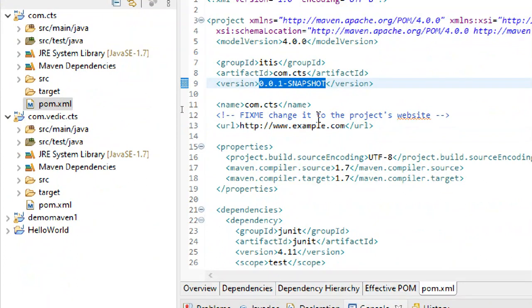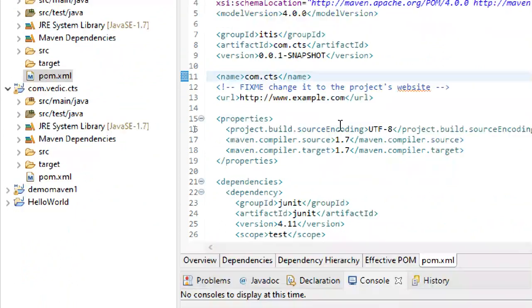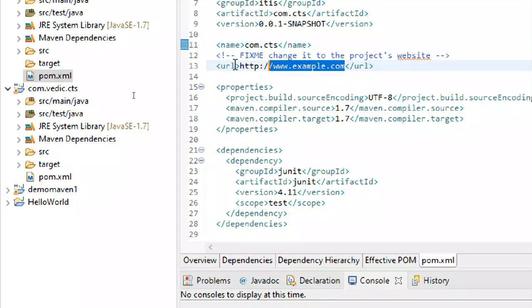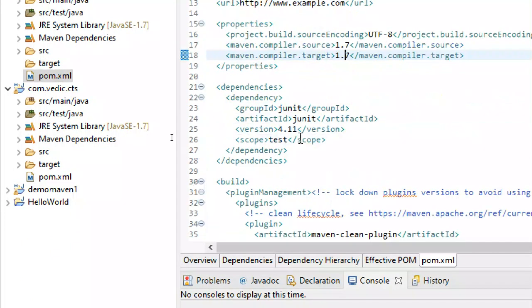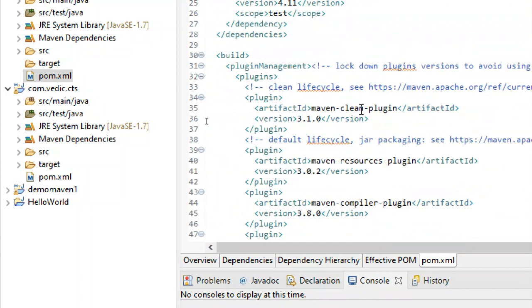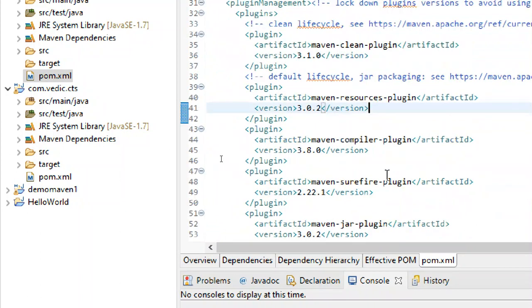Like you can use version 1.1, like that. Name means this one. Compiler version, JUnit 4.11 it is using for testing purpose. Okay, JUnit testing.